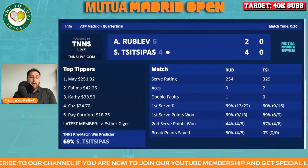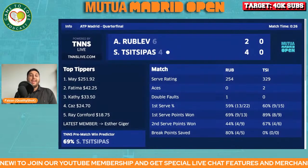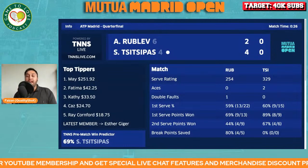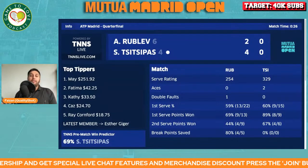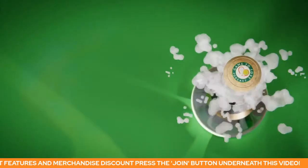Big serve from Rublev out wide. There's a slice return from Tsitsipas, very short. Rublev just swats it away. He swats it away. I mean, literally slaps that cross court. That is really impressive from Rublev. Much, much better. If he can serve like that, he's definitely going to have